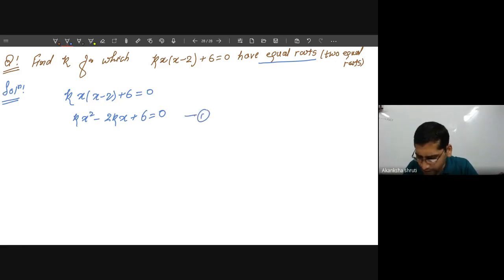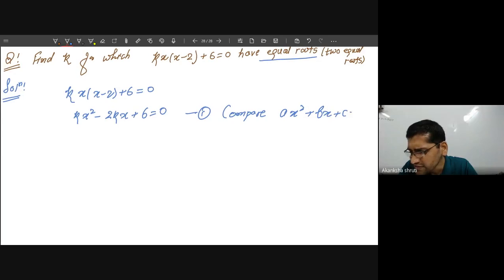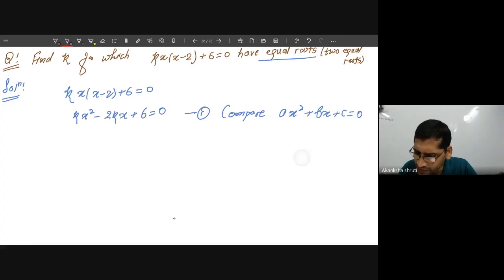Now this you have to compare with the standard form. What is that? Ax square plus bx plus c is equal to 0. So this comparison you have to do. Before converting into a standard form, if you are going to compare, then some error may occur. Very often children think without converting into this form, and somewhere or other some mistakes happen. So always do one step of simplification. So here a is like our k, whatever the coefficient of x square. B, along with this sign we have to consider up to x, so it is minus of 2k.